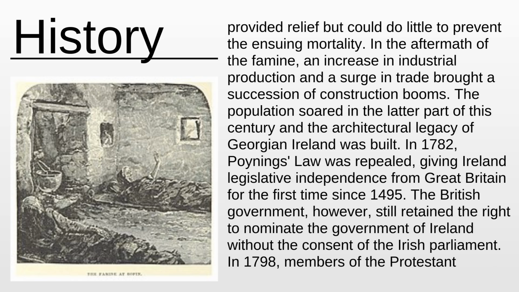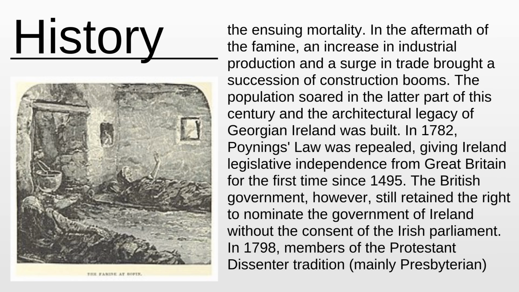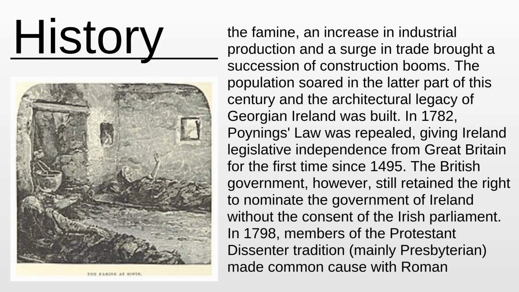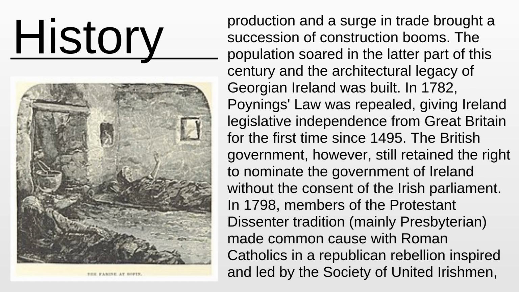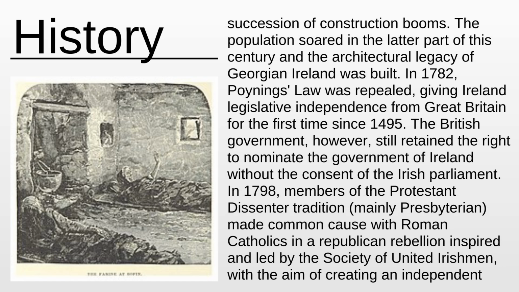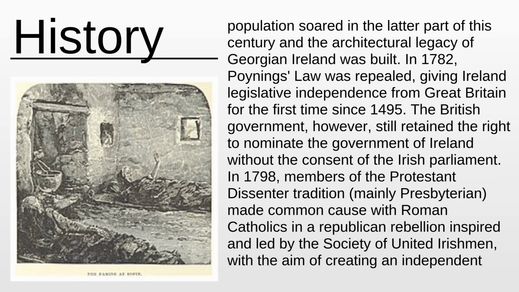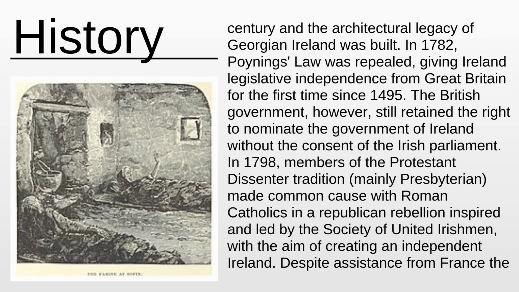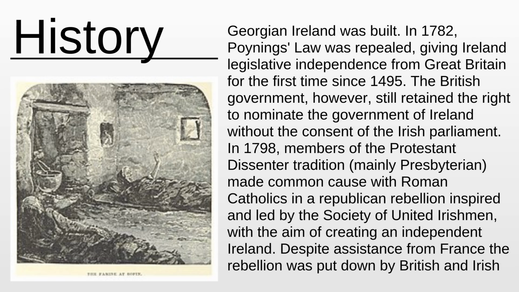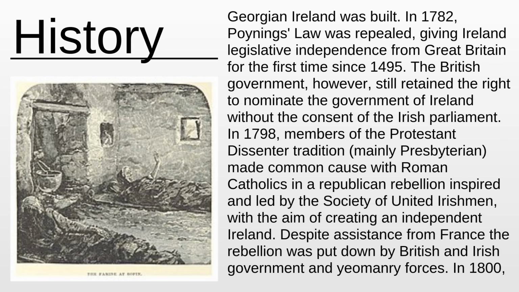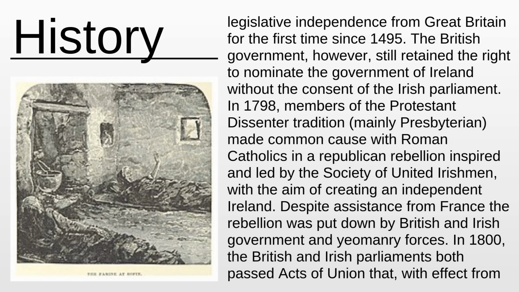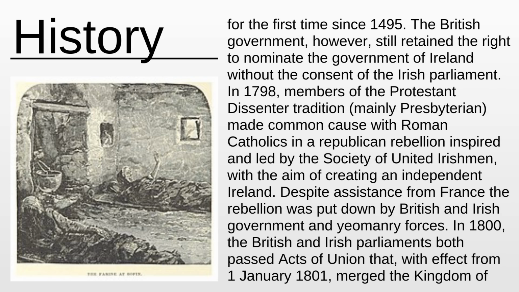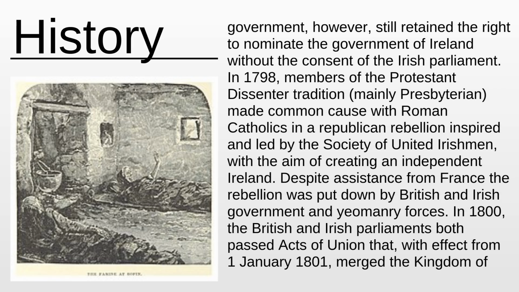In the aftermath of the famine, an increase in industrial production and a surge in trade brought a succession of construction booms. The population soared in the latter part of this century and the architectural legacy of Georgian Ireland was built. In 1782, Poyning's Law was repealed, giving Ireland legislative independence from Great Britain for the first time since 1495. The British government, however, still retained the right to nominate the government of Ireland without the consent of the Irish